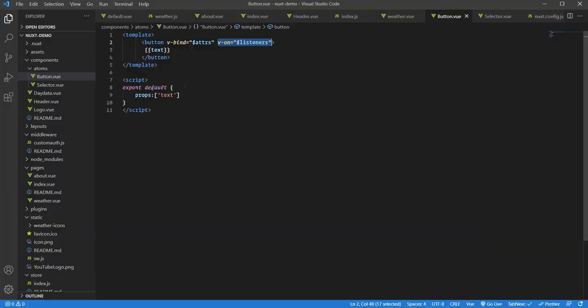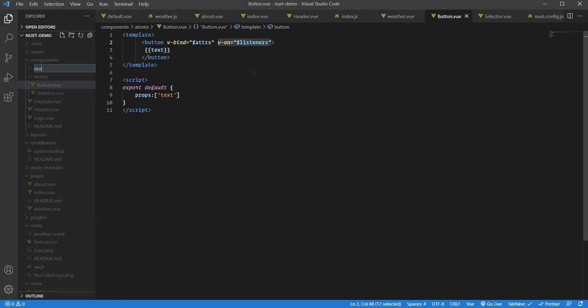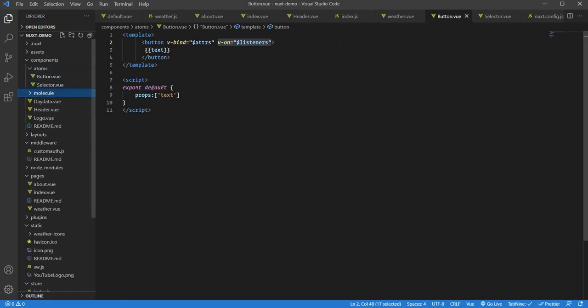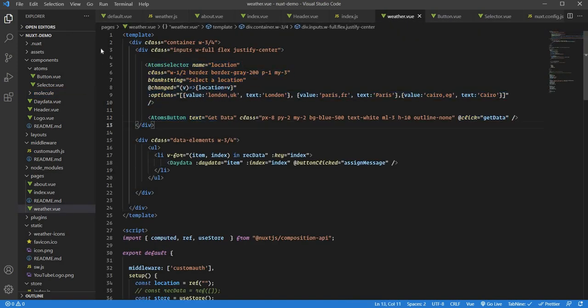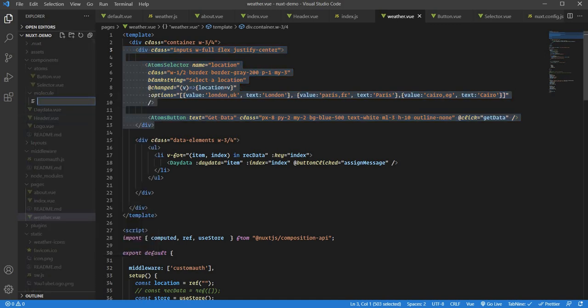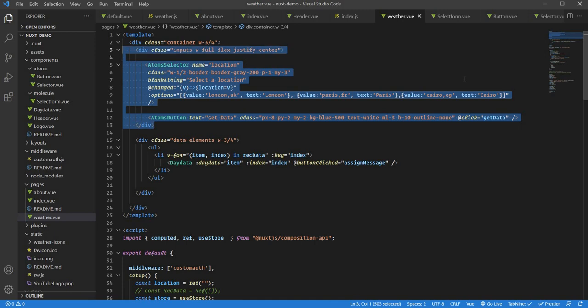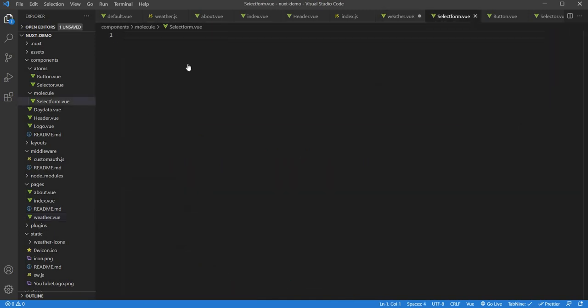Now let's make them into a molecule. So we will create a new folder here, and we'll say molecule. And if you see, these two or this entire thing can be our molecule. So let's take this into our molecule. So we will say here, new file, select form.view. So let's take all of this over there in the select form.view